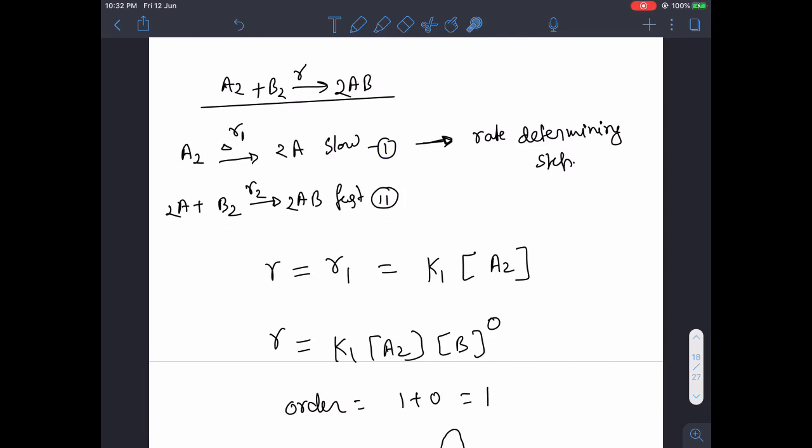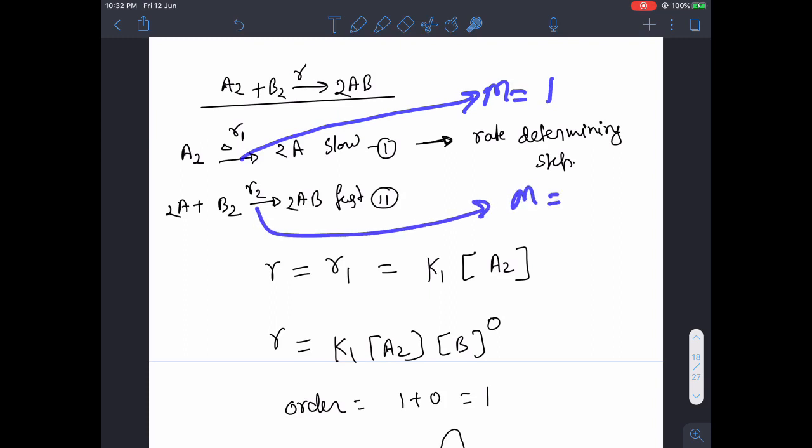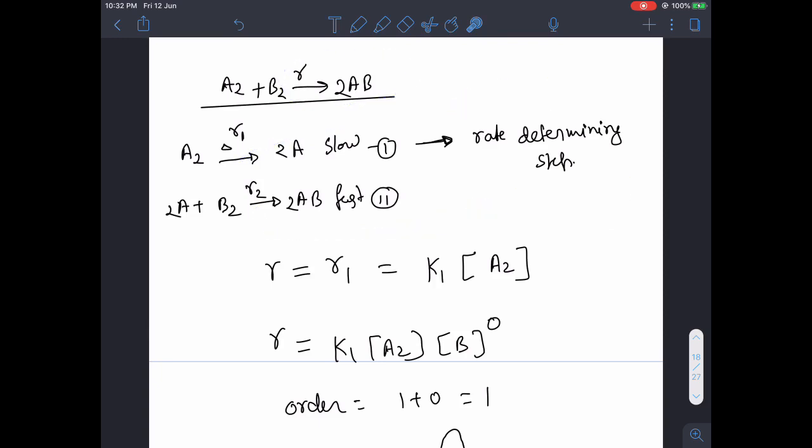So, you can define individually what will be the molecularity of this step, you can say 1. What will be the molecularity of this step, you can say that will be 2 plus 1. What will be the overall molecularity of this? Answer is meaningless for the complex reaction. But still, suppose in the examination an examiner is completely asking what will be the value for that, and they have given all the numerical values, then you simply take the sum of these values.